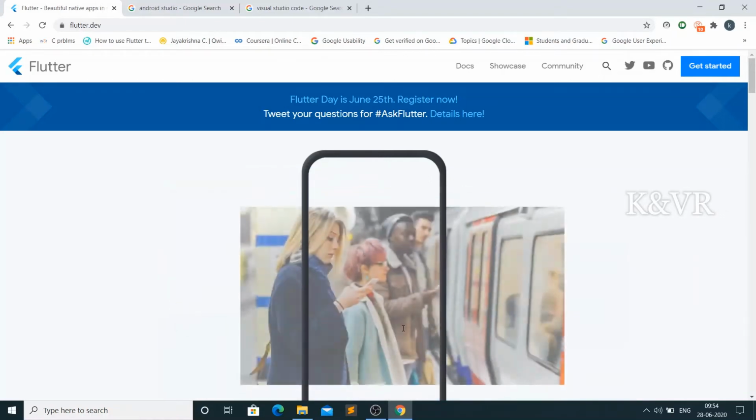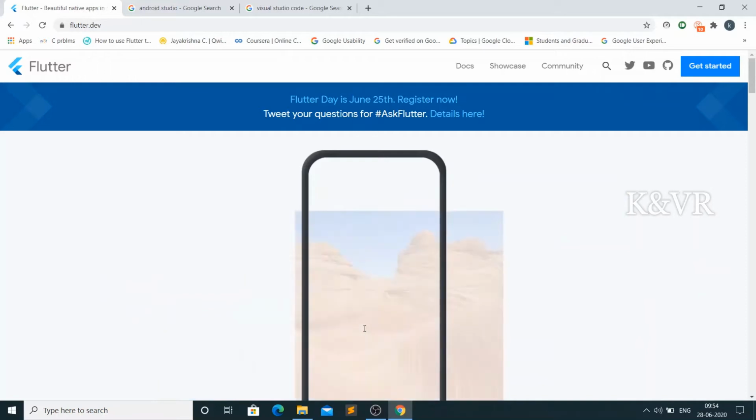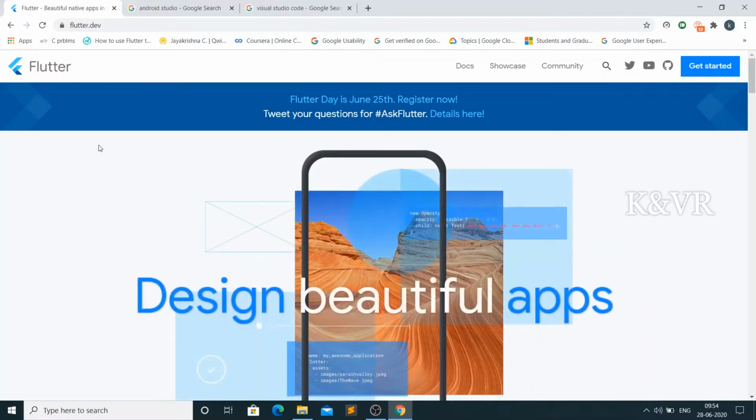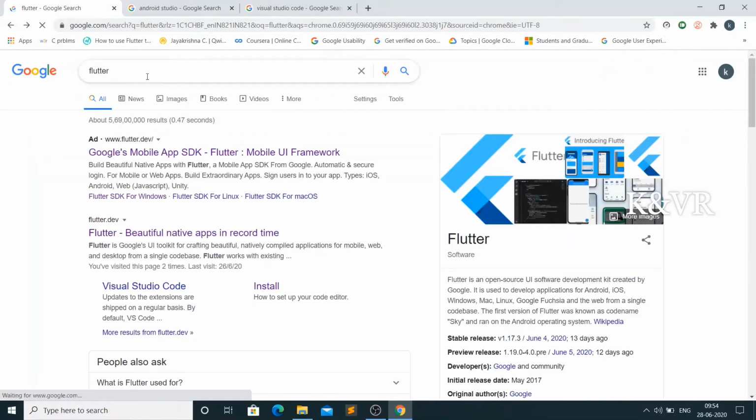Today in this video we will learn how to install Flutter in our laptop or desktop. Let's see. Go to Google Chrome and type Flutter in the search bar, and click the first link. It is the official site for Flutter, flutter.dev. Just click on that,